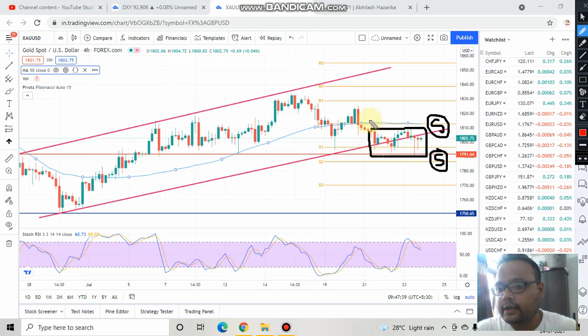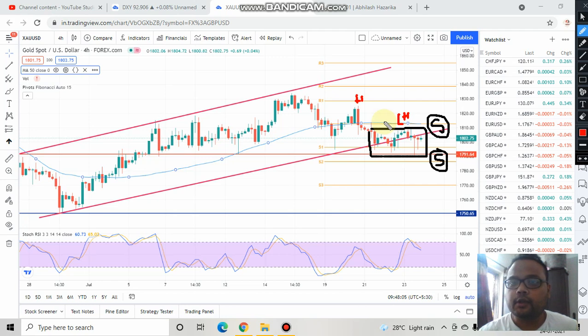And if you look at this portion of the chart here, you can see that gold has formed a high. One came down and went up again. It made another high, but this time gold failed to cross the previous high, rather it made a lower high here, which clearly signifies that sellers are present in the market that did not allow the market to cross the previous high.